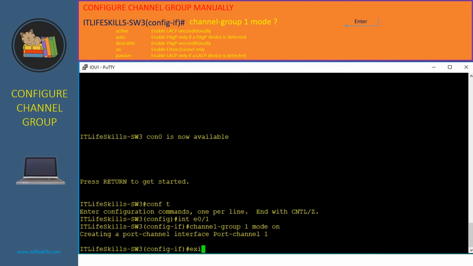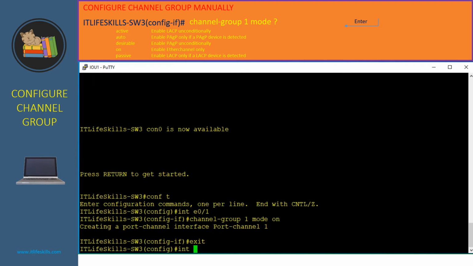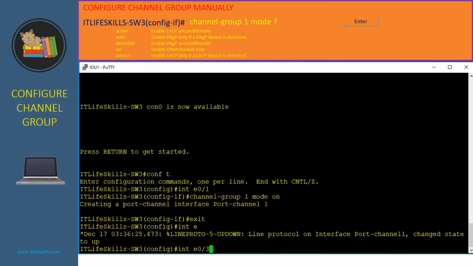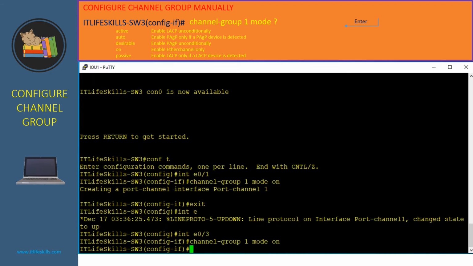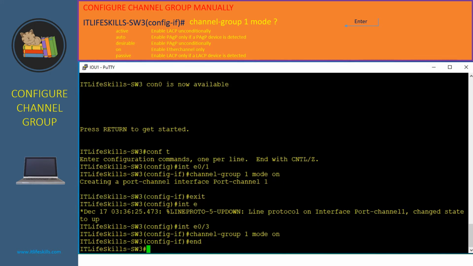Now go to the interface E0/3 and issue the same command channel-group 1 mode on, then hit enter. And that's it. We have just created the port-channel 1 with the two physical interfaces E0/1 and E0/3 on IT Live Skill Switch 3.